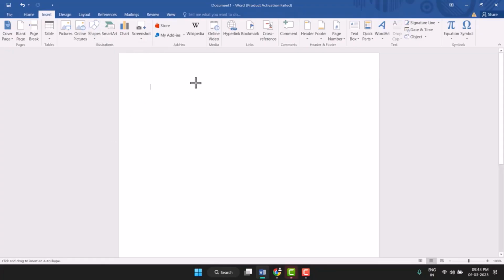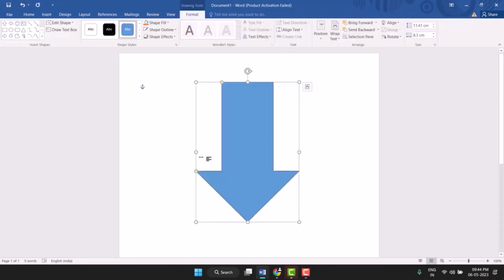and draw this arrow. You need to draw a straight arrow, so press Shift and draw it. So this will be in a straight way, and after drawing you can customize this